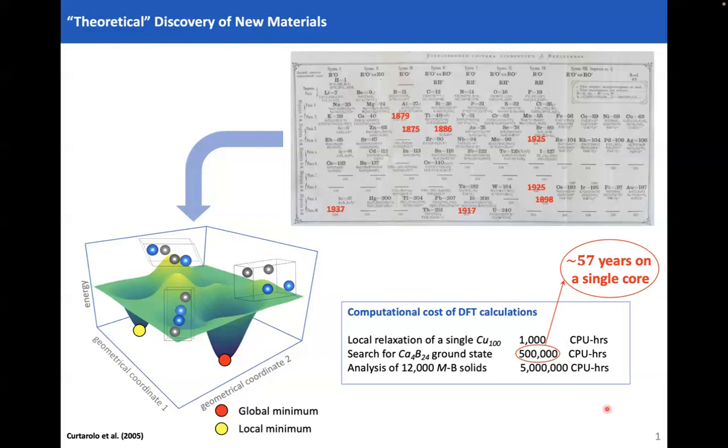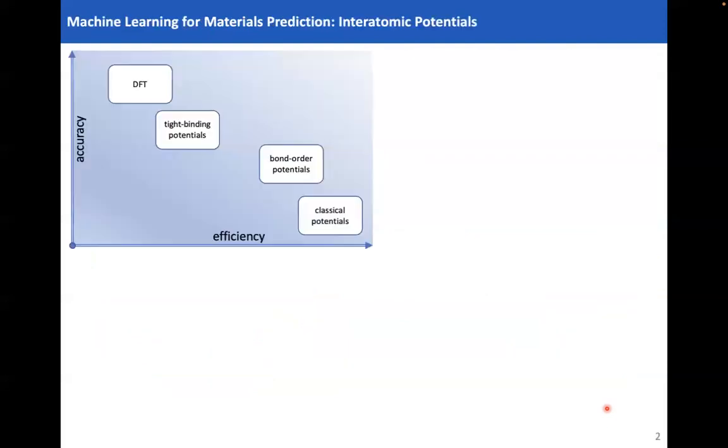So basically, we need to find ways to reduce this cost and speed up the whole process of finding new materials. And that's where the idea of bio-inspired algorithms comes into play. One of the most important, maybe, and definitely promising candidates to do so are machine learning interatomic potentials. But before discussing them, just to illustrate a picture of what we're dealing with,